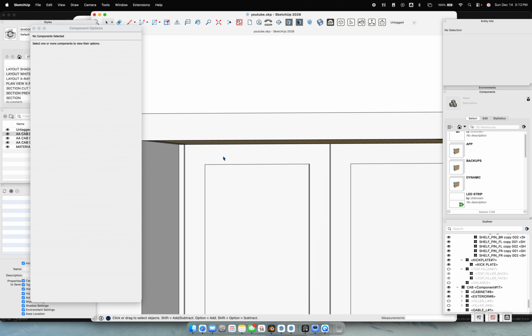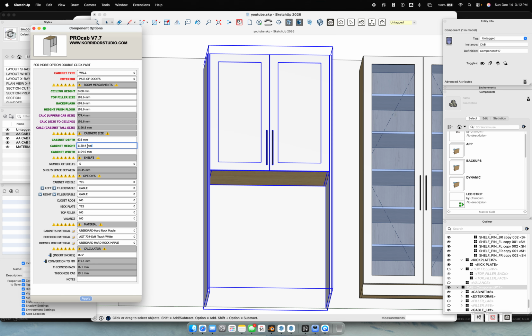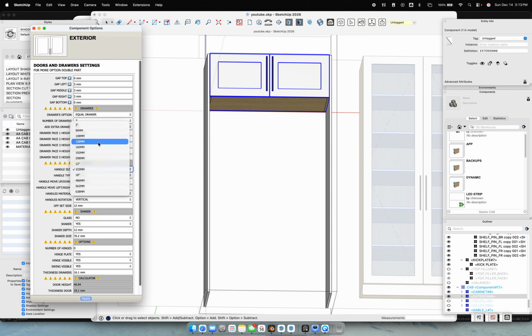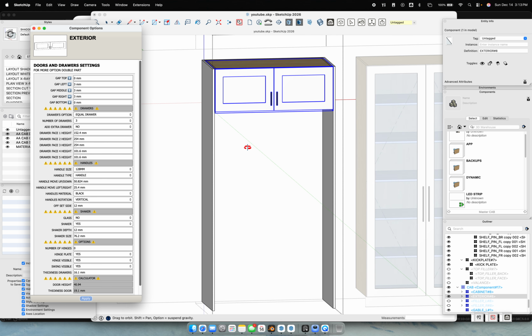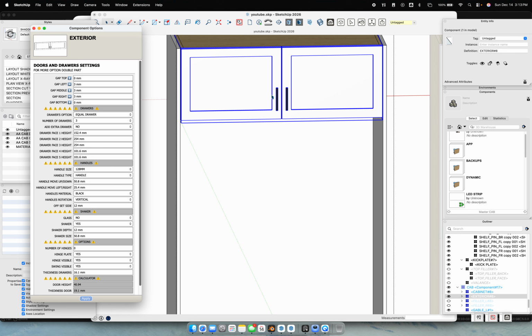All flush. If you want, let's do this 16 inches. Let's change the handle small. You can adjust the height of the hinges. So let's say if your shaker is 2 inch, you want to go 2 inch up and center the hinges